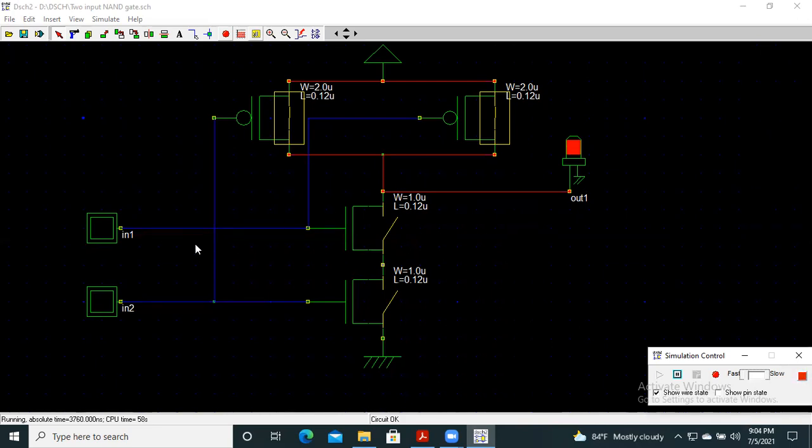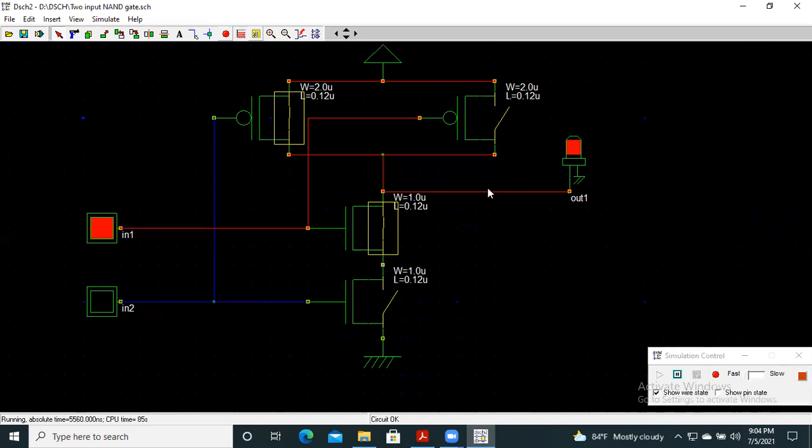If we change the input 1 to high, here again we see that our output is high. This is because, due to making input 1 high, though one of the PMOS is open circuited, the connection is still maintained by another PMOS, that is, this PMOS is short circuited.